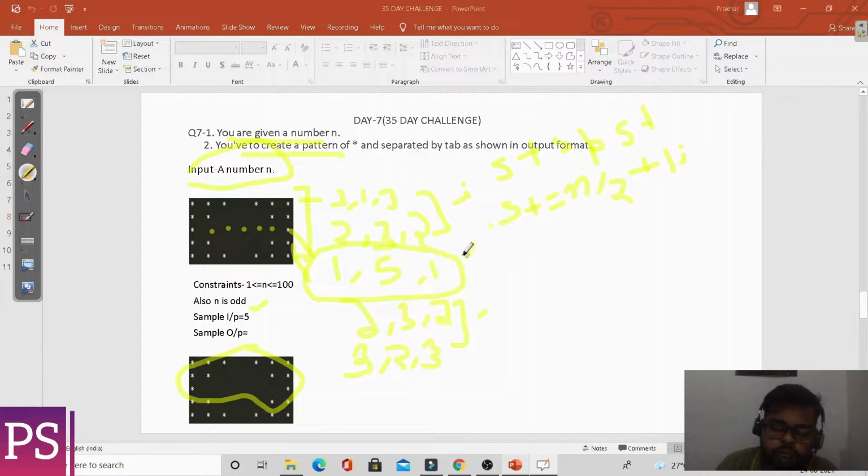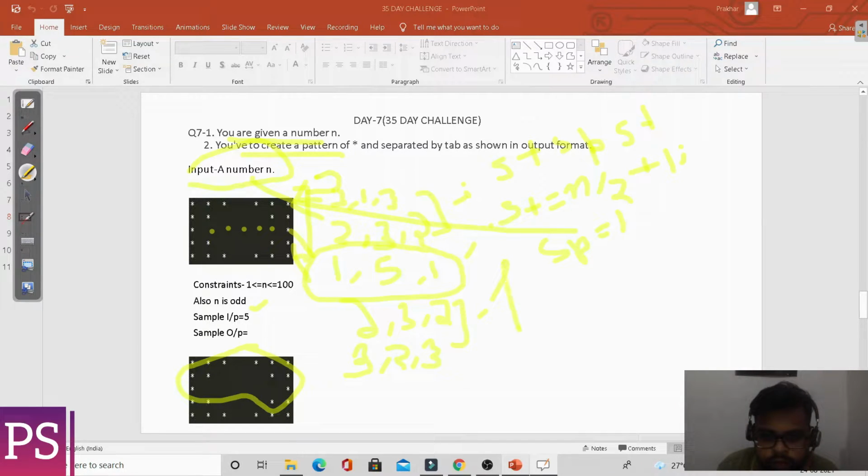I am doing it because first the stars are decreasing and then the stars are increasing, so this pattern is dependent on the star. sp will be 1 in this case.